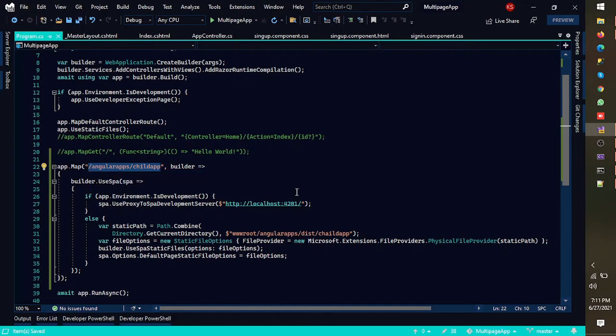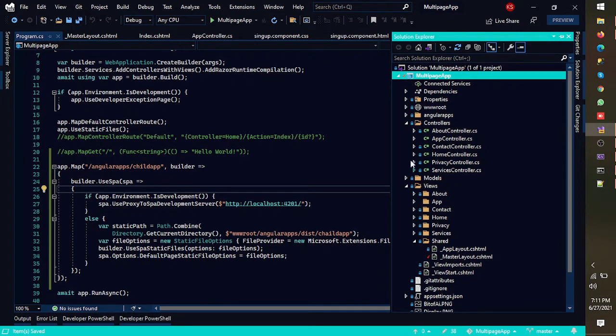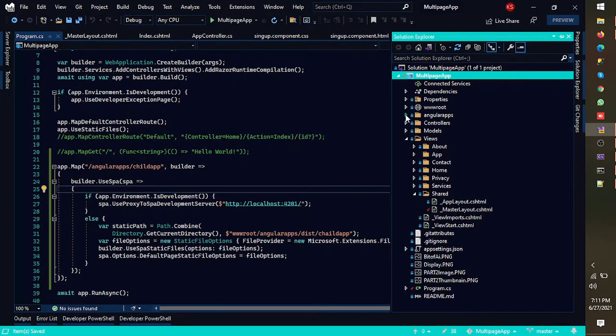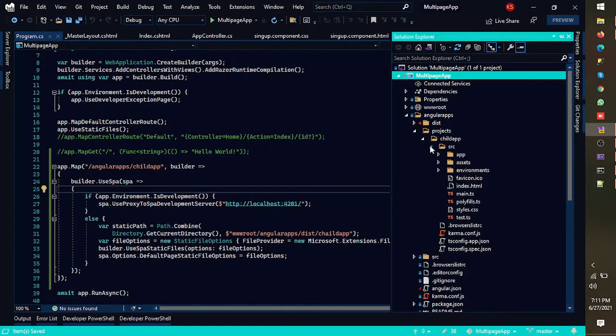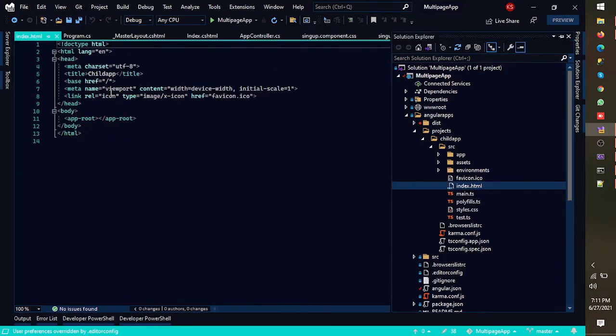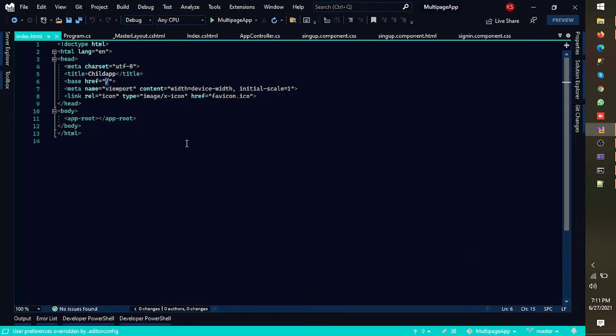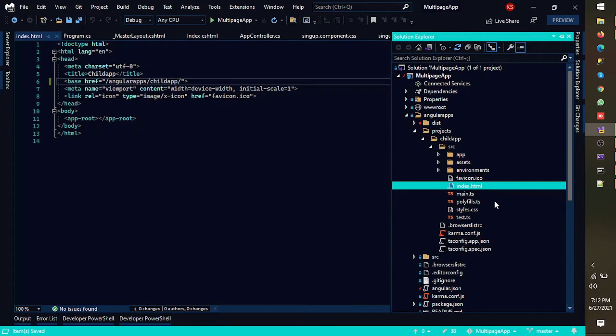So we need to add this same path as a base path in our second child Angular application as well. So let's go into Angular apps in our child app, in our index.html path. Here as a base href path, we need to add that path. Okay, we have added this path here. Next is the section where we need to load this application in iframe. So we need to add the iframe in our index.cshtml file that we added